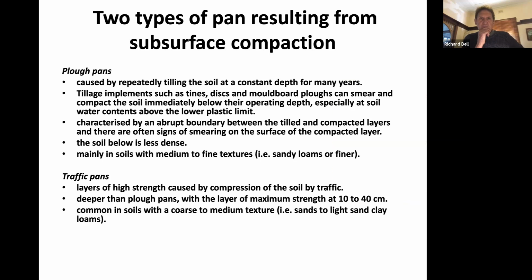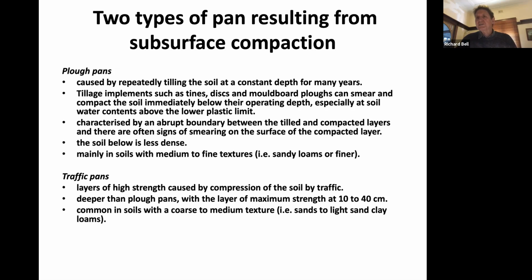In the subsoil or the subsurface, there's two main types of compaction. One is the plough pans and the other is traffic pans. So the plough pan is where you've got repeated tillage at the same depth. And that causes smearing towards the base of where that tillage layer is, that over year after year, just forms